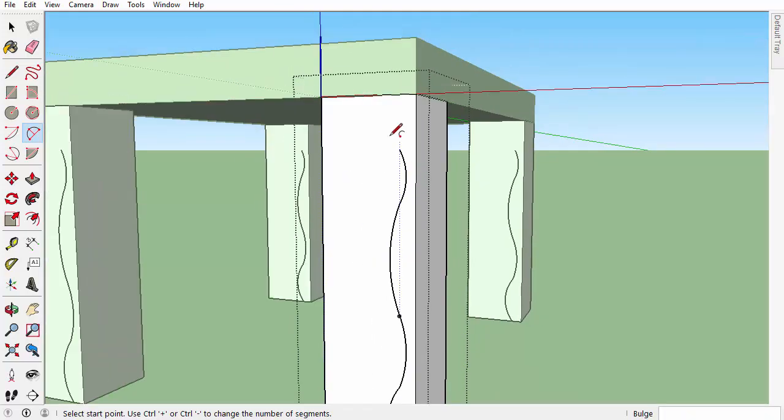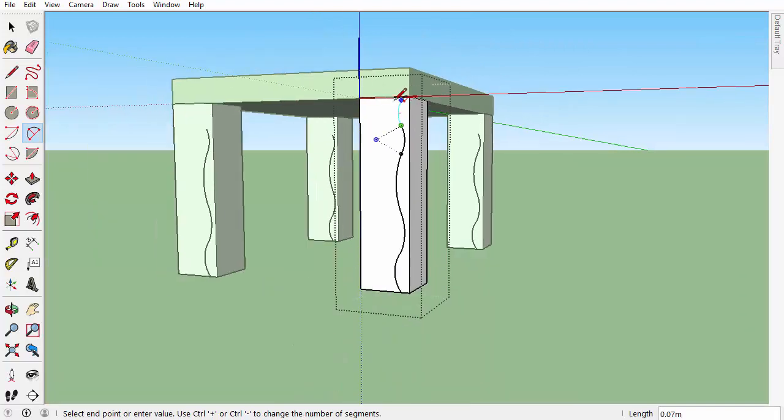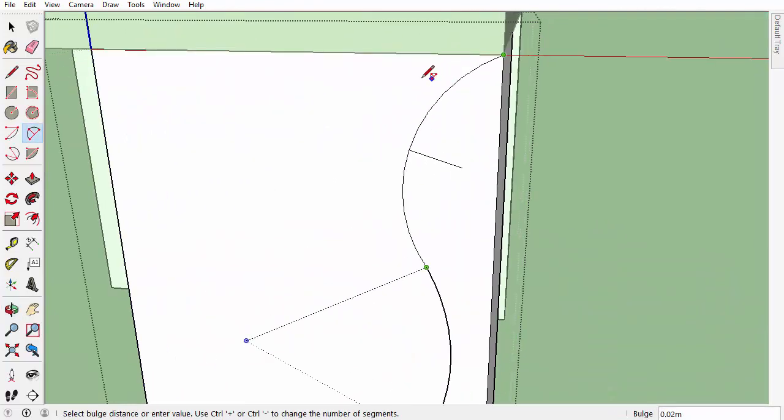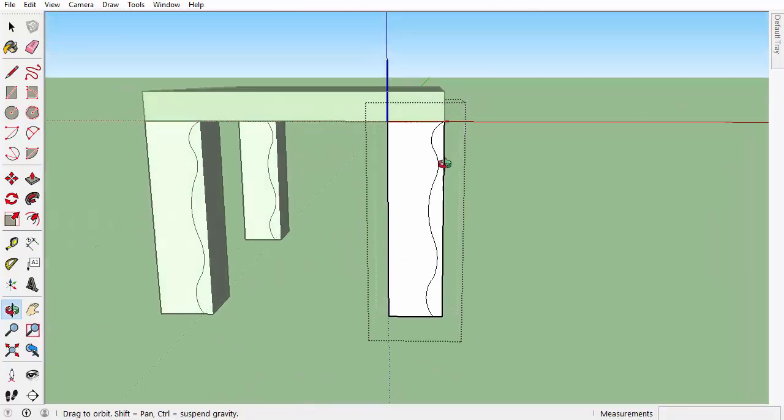If you can draw well from this distance, you can zoom in and you can draw better. Okay,